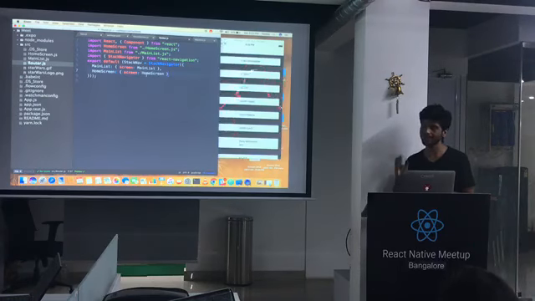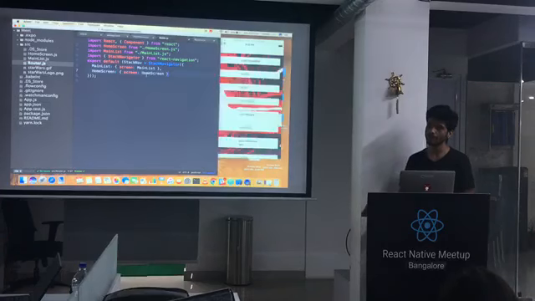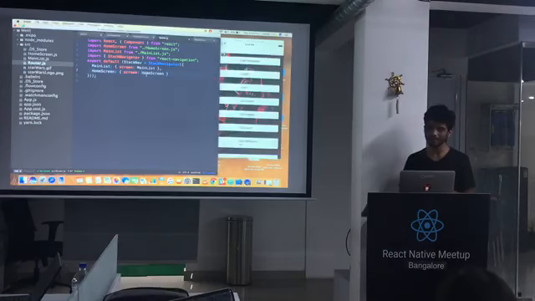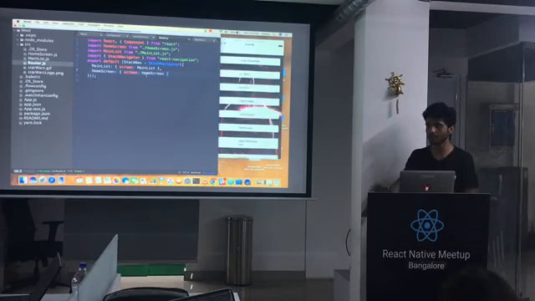It doesn't actually. It comes with a prop. It's called initial screen. So whatever component you pass, that will be the initial screen that shows up. So I actually didn't use that prop here because I don't remember the syntax and stuff. But if you don't pass that prop, then the first object that you're passing is taken as the initial screen. Otherwise, you can explicitly mention, okay, this is the screen that I want to show up.